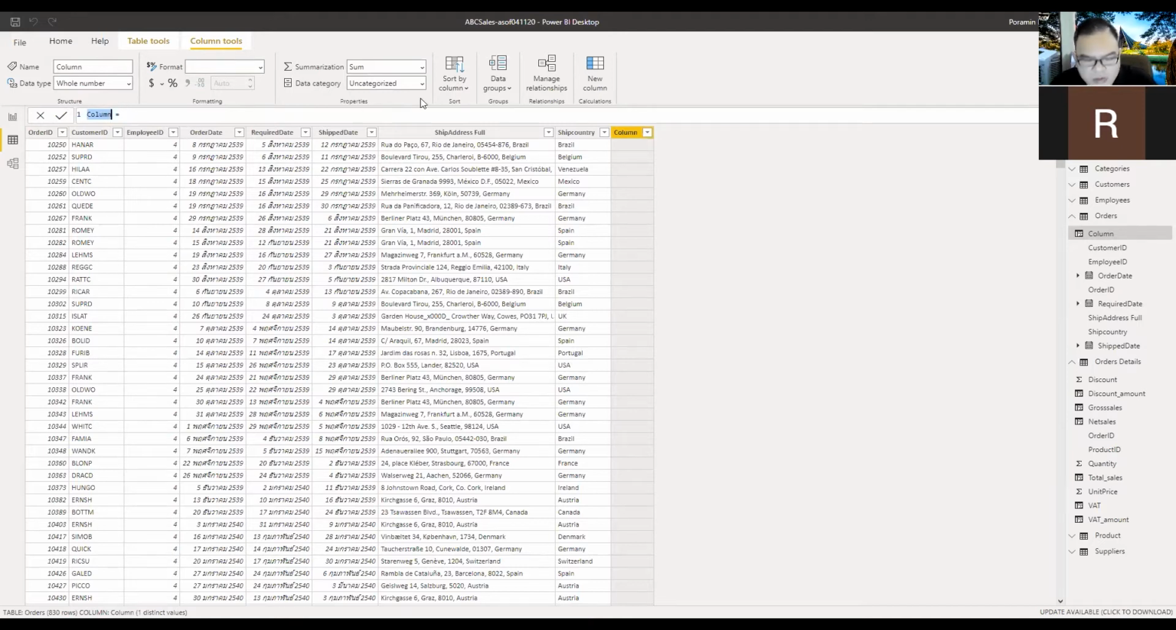Okay, so I rename the column first to be commission rate. And say that the commission rate is 1%, so it is 0.01, or 1% like this. After that you press enter. So the commission rate column will be created in the orders table here. After that, I want to calculate the commission amount